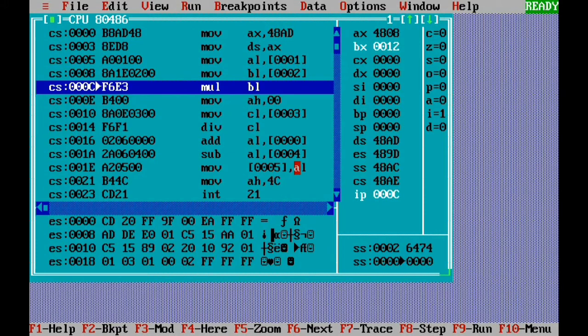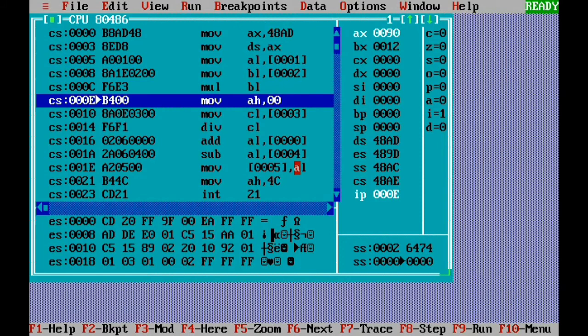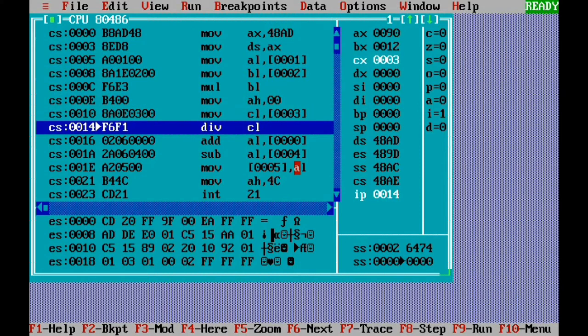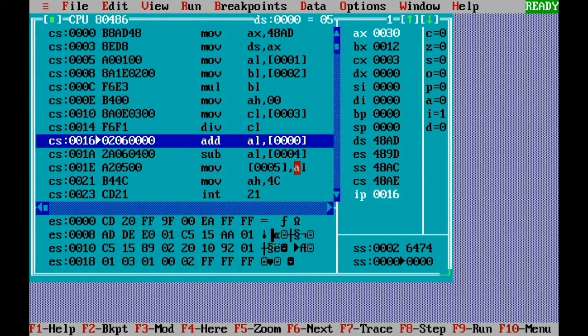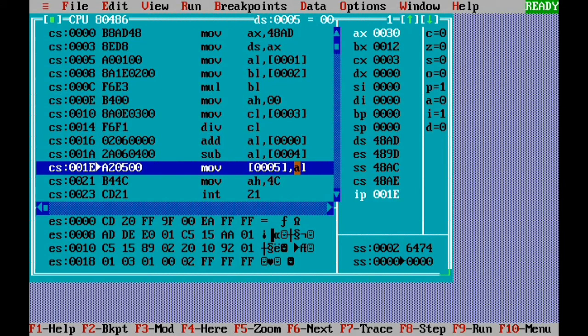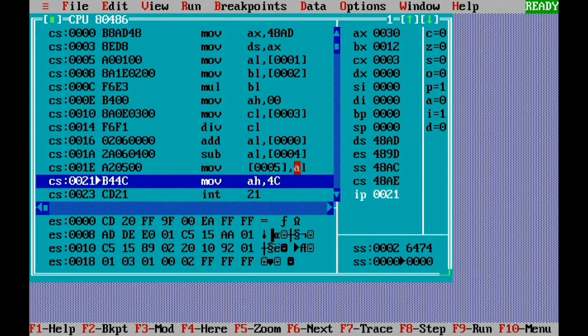Then multiply, then clear AH, then move S into CL, then divide with CL, so that will divide, then add P to that value, then subtract T from that value, and finally move the result into answer. Let's just see the output, whether we got the correct output or not.